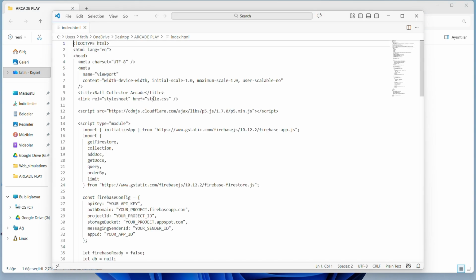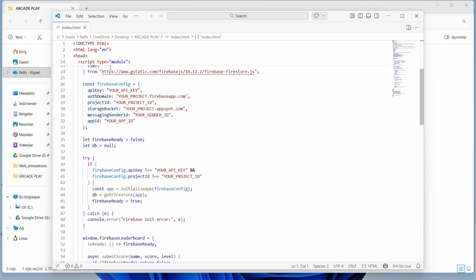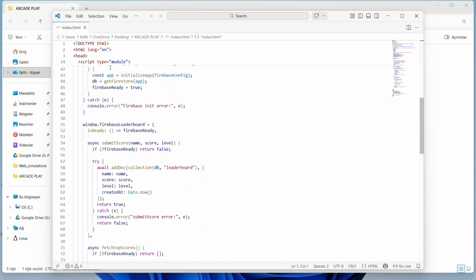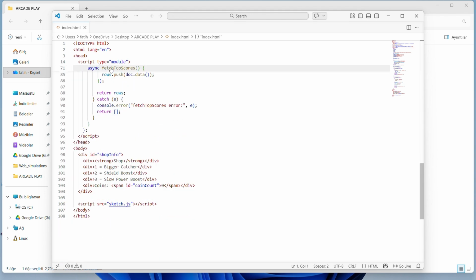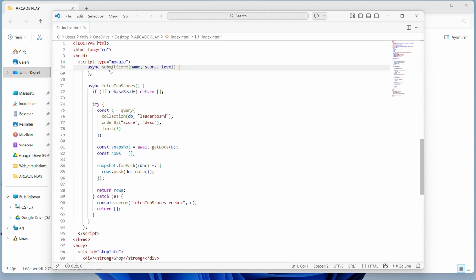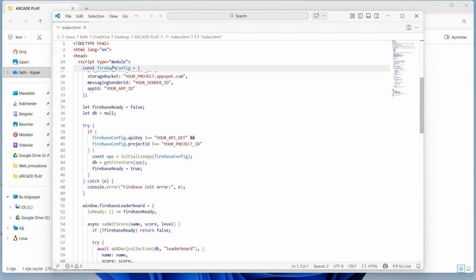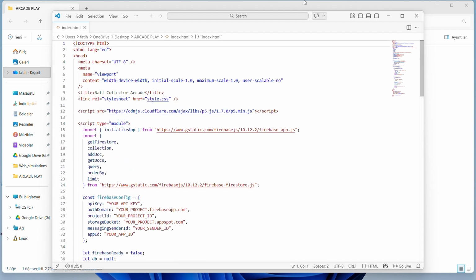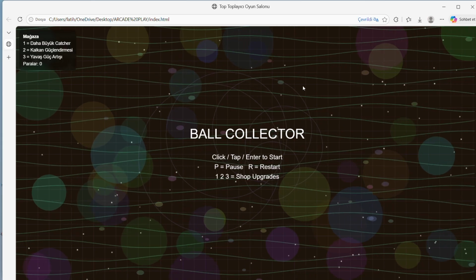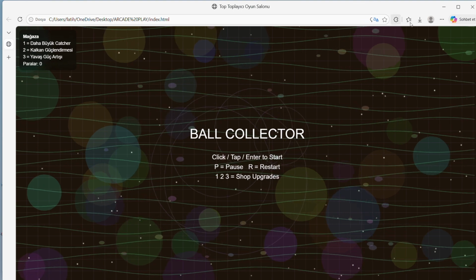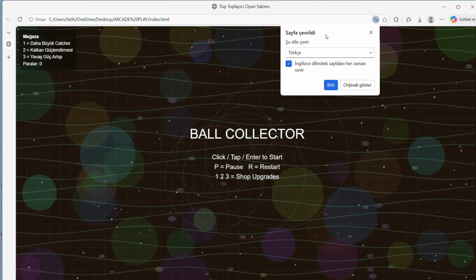The game also contains boss mechanics. At certain levels, a boss appears and introduces new attack patterns. The boss shoots projectiles toward the player and requires more skill to survive. This mechanic increases the difficulty gradually and keeps the game engaging. In addition to the boss system, the game includes special events, such as meteor storms and slow-motion abilities. These events change the pace of the game and add variation to the gameplay experience.